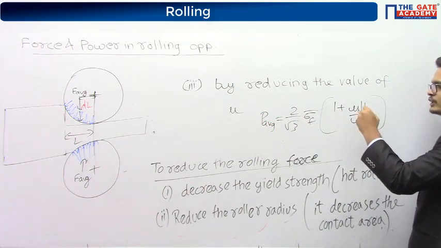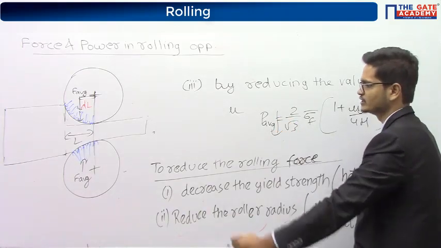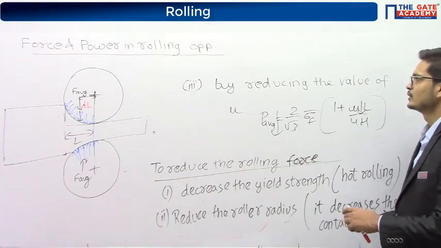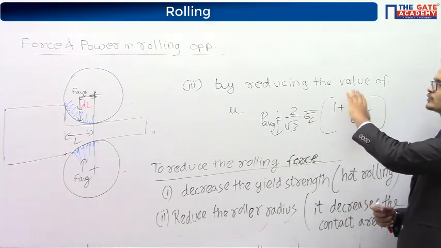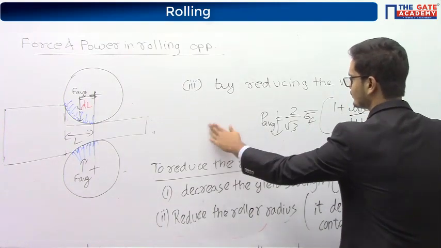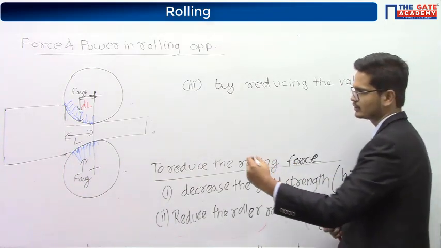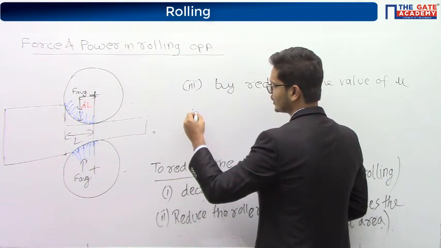So by reducing mu also we can reduce P average. I write mu here. And the fourth one is